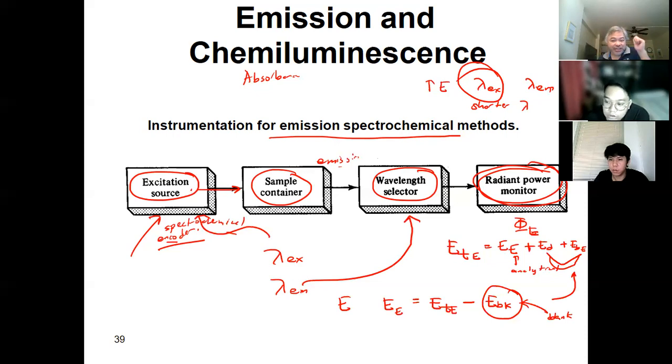Now, usually embedded na yan doon sa instrument. The dark signal can be obtained separately by blocking all radiation from reaching the radiant power monitor. And the background emission signal could then be obtained from the E of this background signal minus the E from